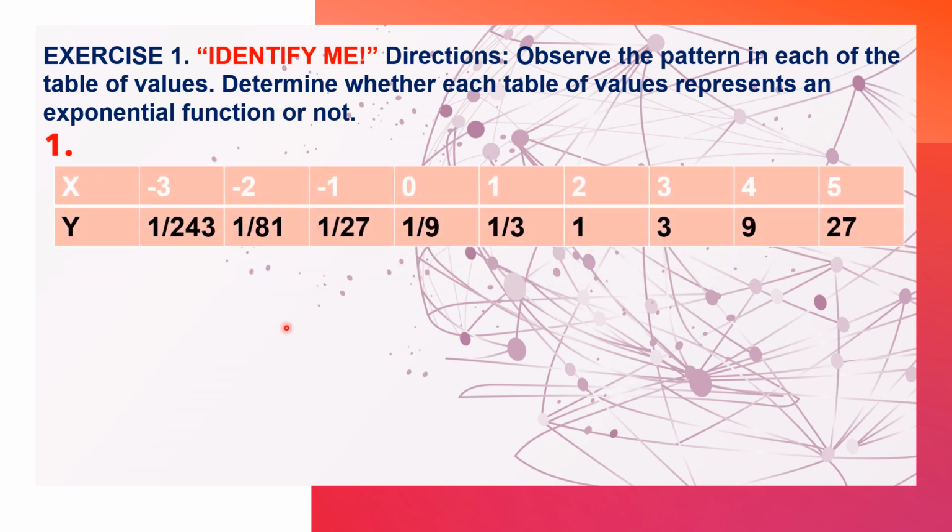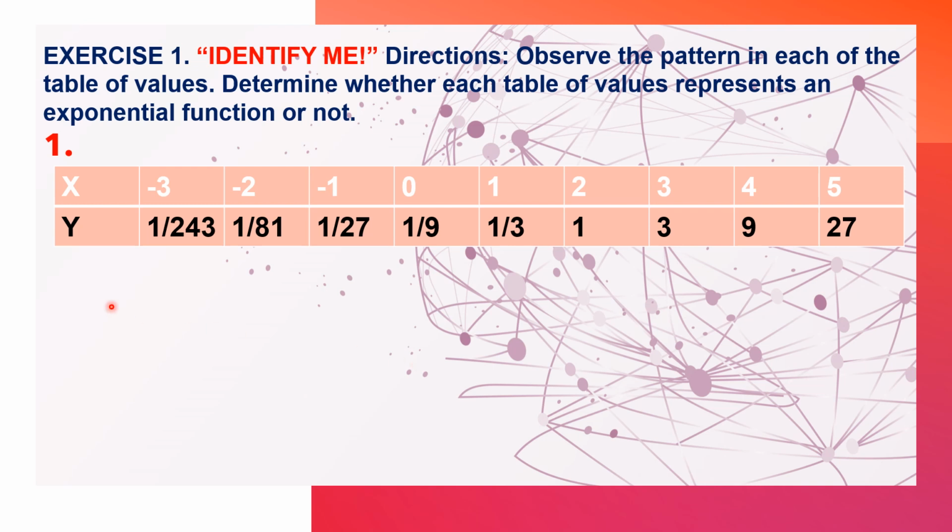So for us to identify whether a given table is an exponential function, look at the x values if they have a common interval, and the y values if they have a common factor. For the common interval, just subtract the x values from left to right or right to left. And for the common factor, just divide the y values from right to left or left to right. If it doesn't satisfy our two conditions, that there should be a common interval and a common factor, it is a non-exponential